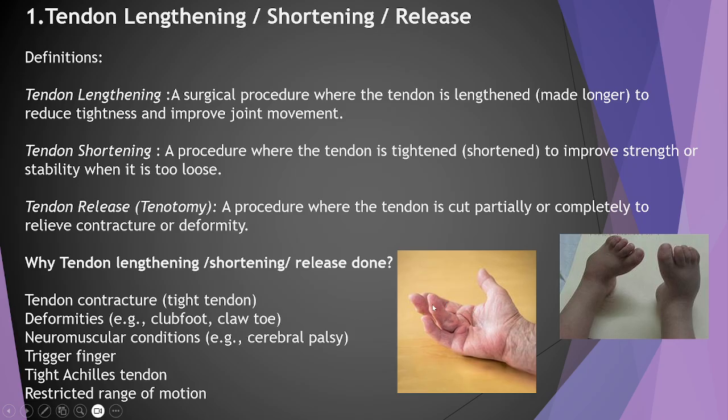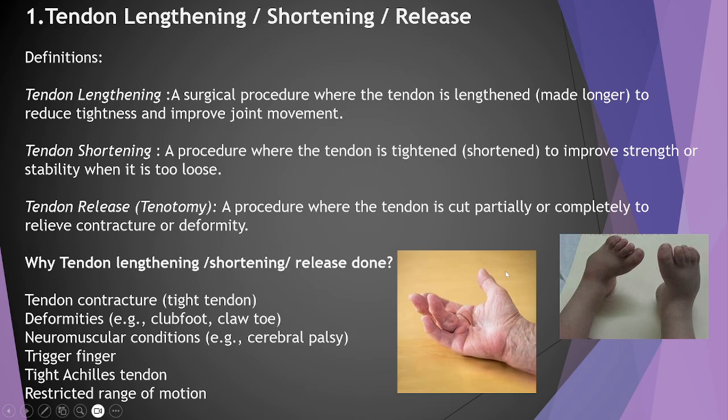So it will be reduced by lengthening a tendon. That one is known as tendon lengthening. Now tendon shortening. When the tendon is very loose, or to improve the strength and stability, a tendon gets